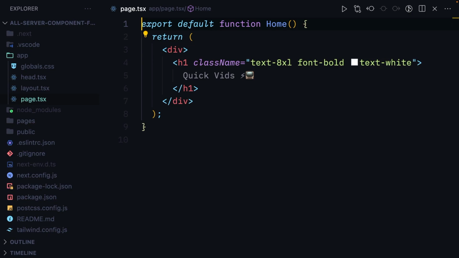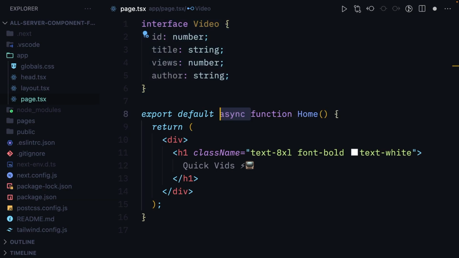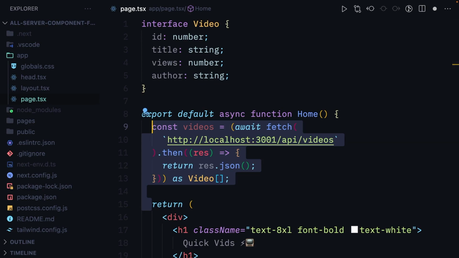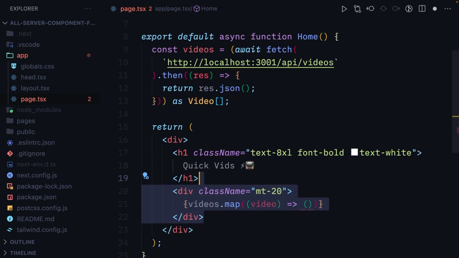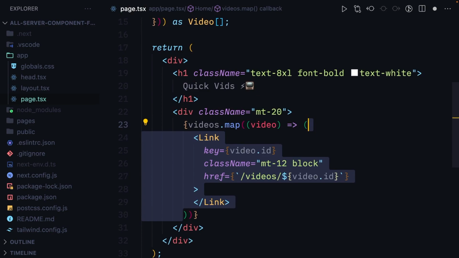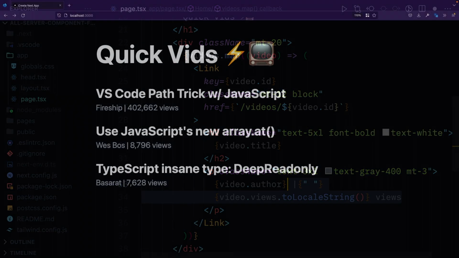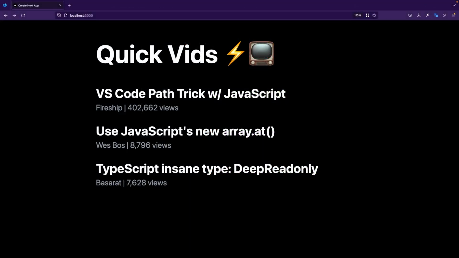In the codebase, we're first going to define an interface for the video object. We're going to turn the component into an async component, and we're going to use the fetch function to fetch the data from the API. Then we're going to map over the videos that we've got. We're going to import link. We're going to include a link to the video detail and display the video title, author, and the number of views. We can see our code is working in the browser, but before we proceed, let's spend some time and